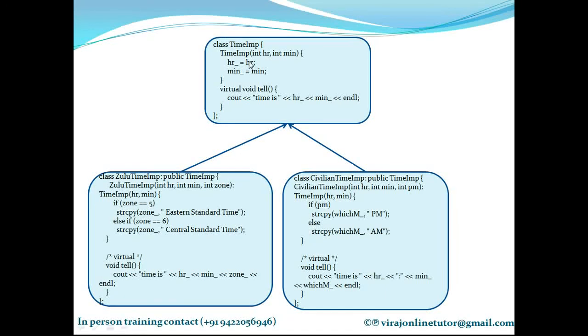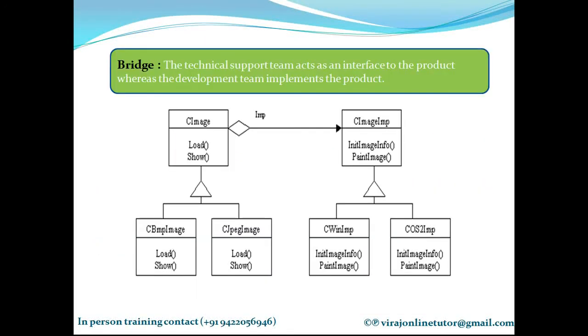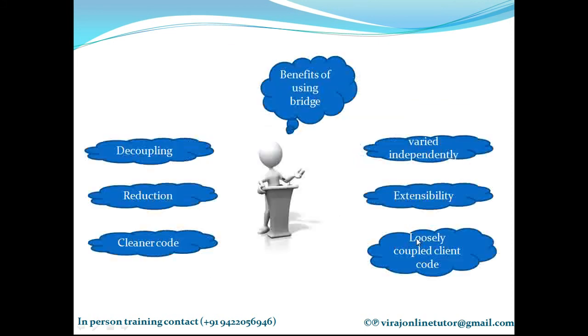So in my UML diagram, how many different class hierarchies do I have? Two. One is interface classes, second is implementation classes. So in the example, let's show the implementation classes to you all first.